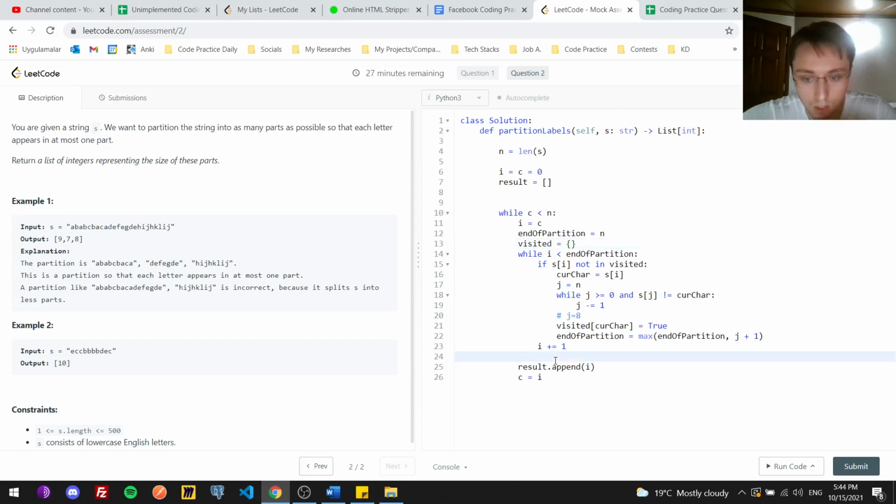By the way, at the end of this, I append result append I, because at the end of this, I increase I by 1, which means that I'm at A. I increase it by 1. I'm at partition, and partition, you don't want to go there. I append that, and then I continue like that, and C is equal to I. I just want to return result there,